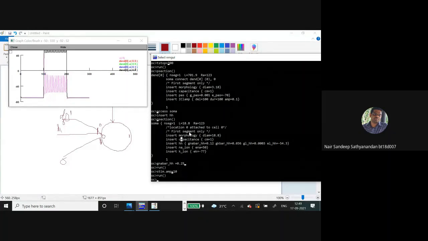So I will quickly configure the axon also.